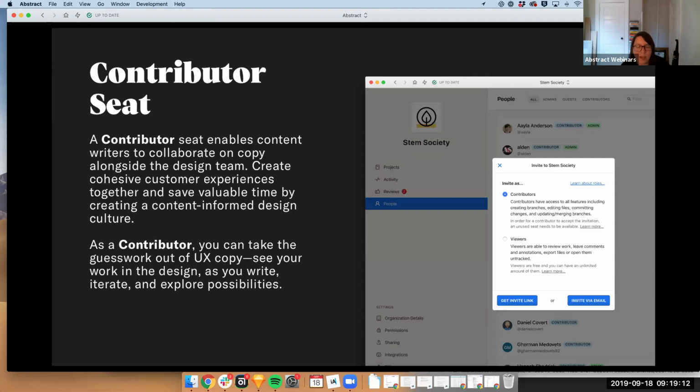So I see some content writers, you might just create all your content in a document or a spreadsheet and just pass that to a designer, or maybe you would just leave the content in the comments. But I really want to empower you to learn these design tools. One, it's always great to know how to use different kinds of tools, but also you are a designer. You need to be able to put your words in the context and see how it affects the design, and then work with your designer to then modify based on what the content is.